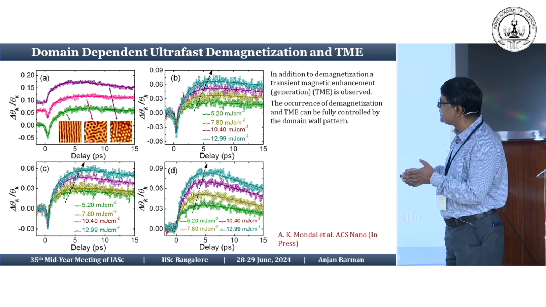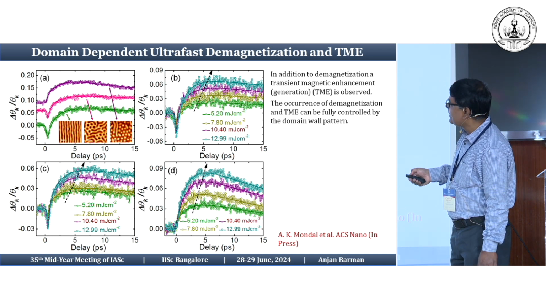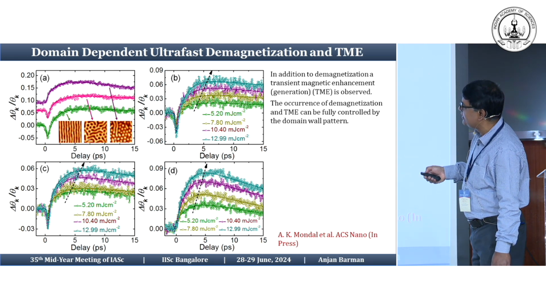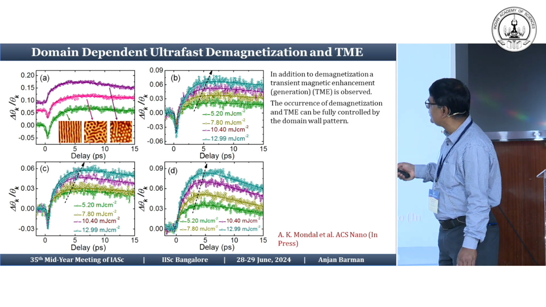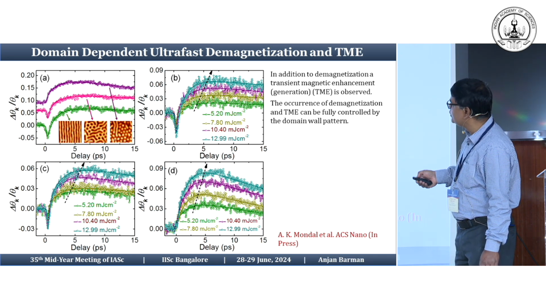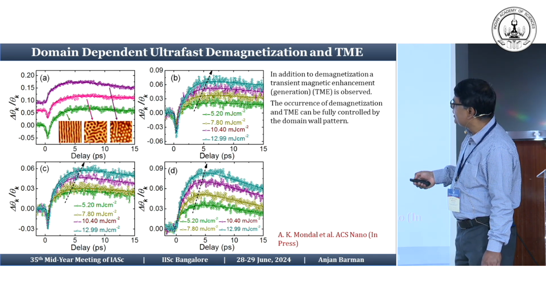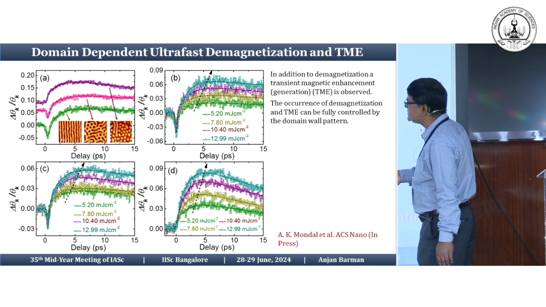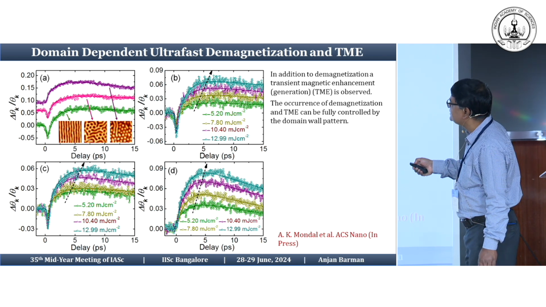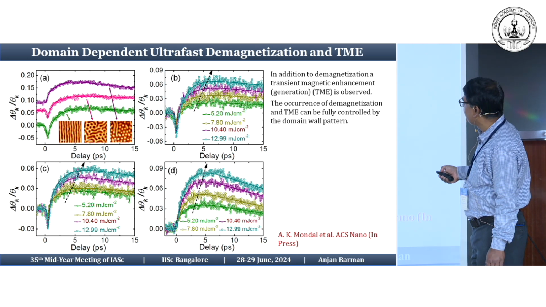So you are actually generating magnetization by the laser pulse, and this is called the transient magnetic generation or enhancement in the picosecond time scale, and then it slowly recovers. When you go to the labyrinth domain, the demagnetization part actually reduces, but the transient magnetic enhancement remains the same. And as you go to the two-dimensional bubble domain, the demagnetization completely disappears, and you have only the transient magnetic enhancement. So there is a drastic change from a two-step to a single-step spin manipulation in the system, and this